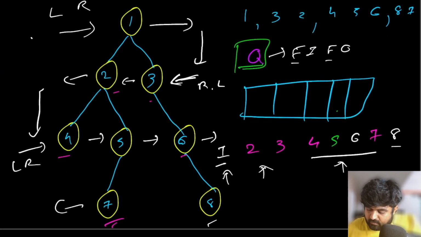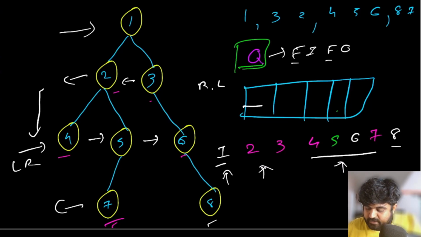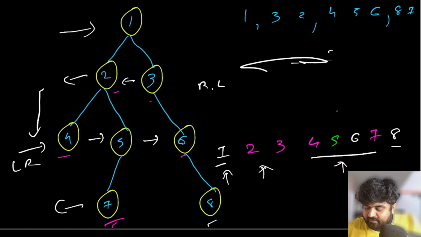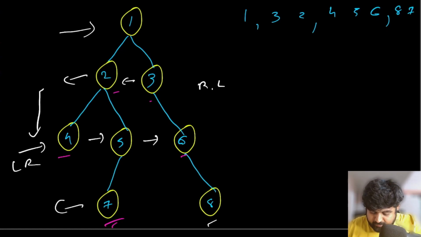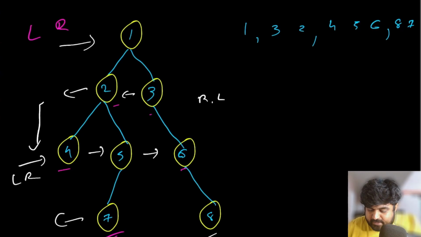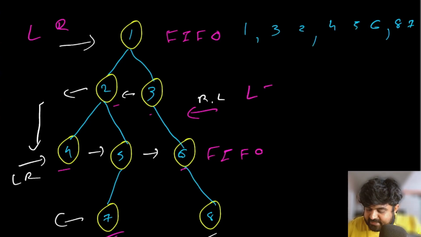till we reach all the nodes inside the given input. So now let's see what adjustments we can make to make our lives so much easier and fix this issue that we were having in the level order traversal. The solution is quite simple: whenever we have to go from left to right, we can use the concept of first in first out. So first in first out is going to be used on these two occasions. But when we need to move in the reverse order, or right to left, we will have to use the concept of last in first out,